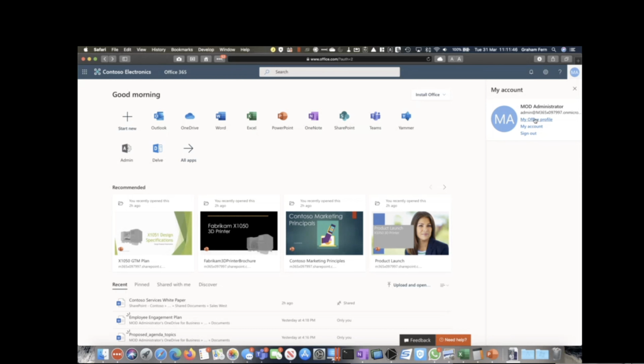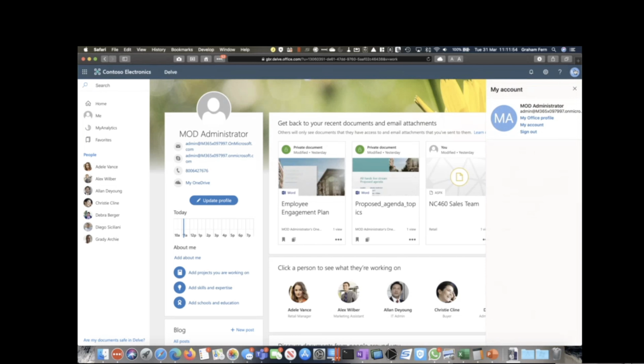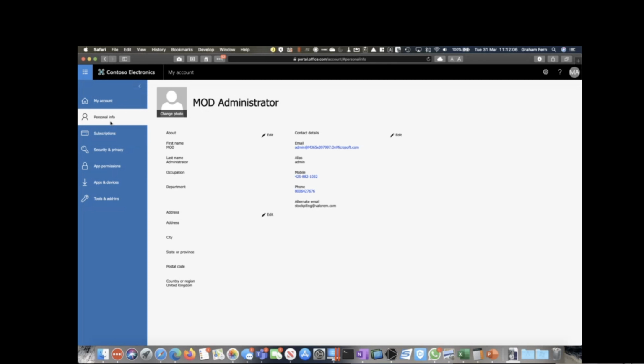You've got your profile, which is going to take us to a product we're going to look at. This is actually Delve. Okay, so I'm going to come back to that. And I've got my account. Just like having an account, be it LinkedIn, be it Facebook, whatever, I've got my personal information in here. I would stress it is important that all staff